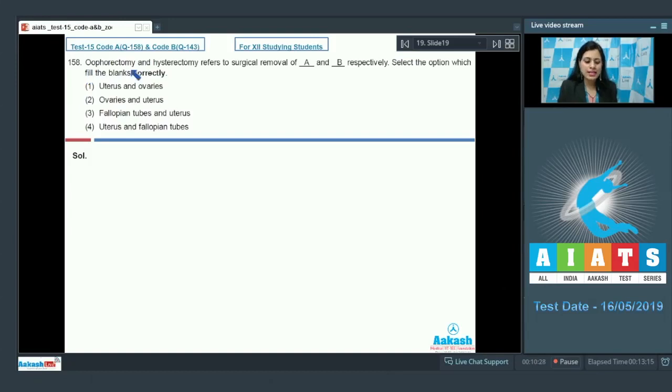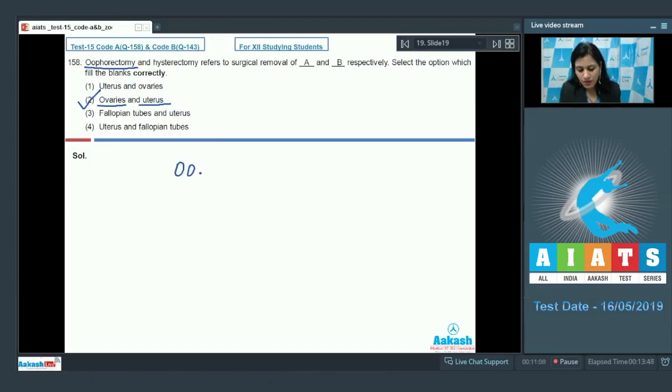Question number 158. Oophorectomy and hysterectomy refers to surgical removal of A and B respectively. Select the option which fill the blanks correctly. And the options given are uterus and ovaries, ovaries and uterus, fallopian tubes and uterus, uterus and fallopian tubes. And the correct answer to this question is option number 2, ovaries and uterus, because oophorectomy is surgical removal of